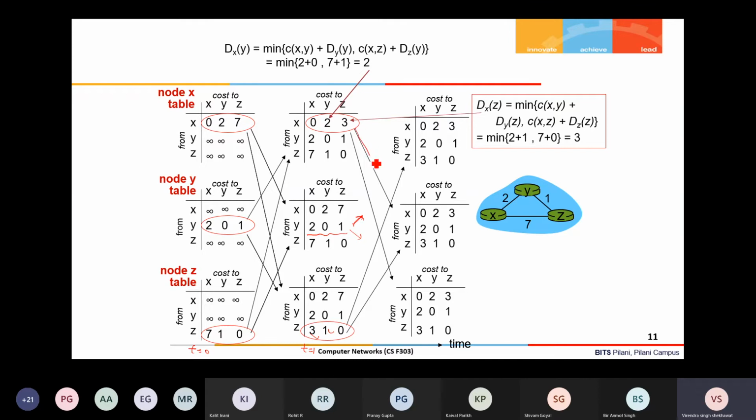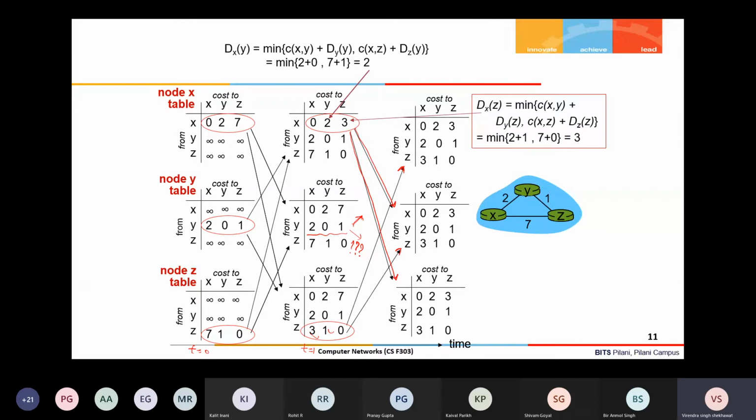So X is sending to Y and Z, and Z is sending to X and Y, but Y is not sending. This is how Y will stop, because no change happens, so there is no update and it will not send anything.